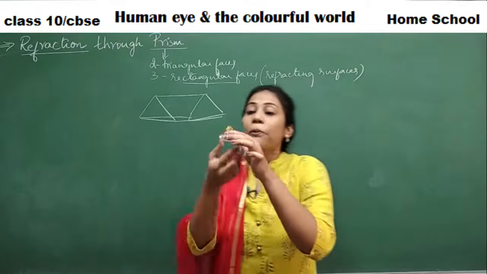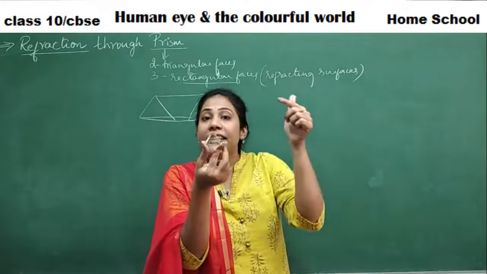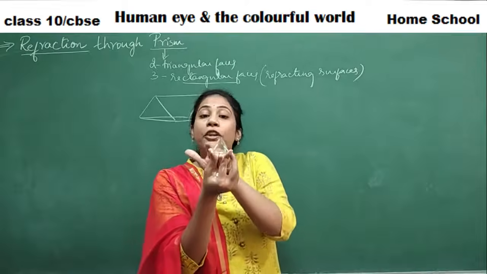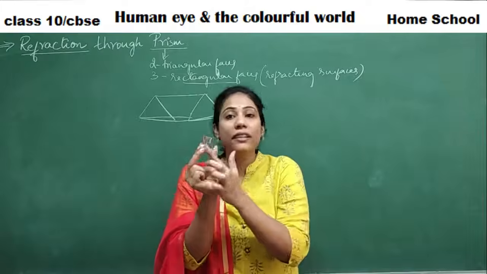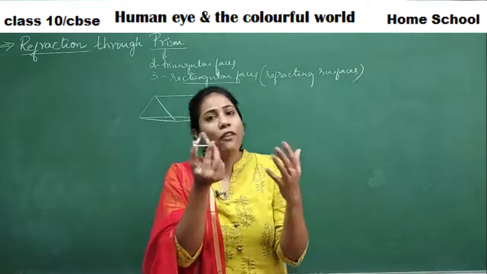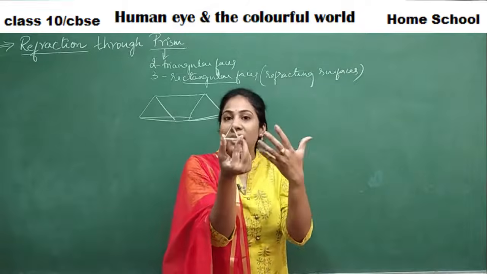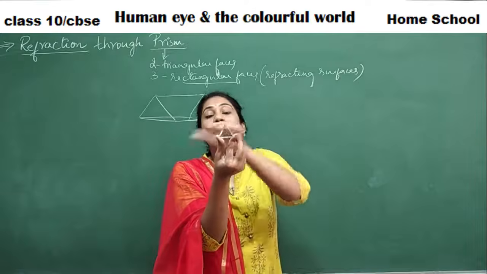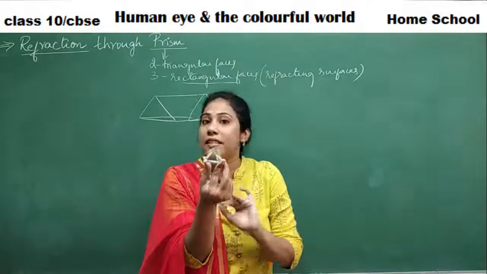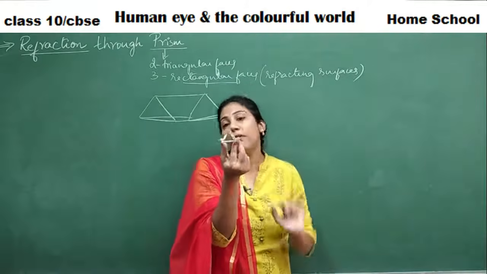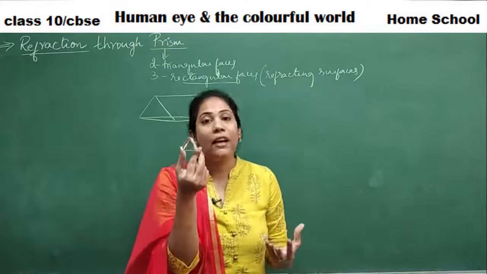That means when you pass light, monochromatic light or white light, and it hits a rectangular face, you will see the refraction. When you pass light on a triangular face, there is no refraction, guys. So what is the use of this triangular face? From this triangular face, we can observe how refraction is happening inside, like in which direction the bending of light is taking place. That you can make out with the help of the triangular face. So this is very basic information about a prism.